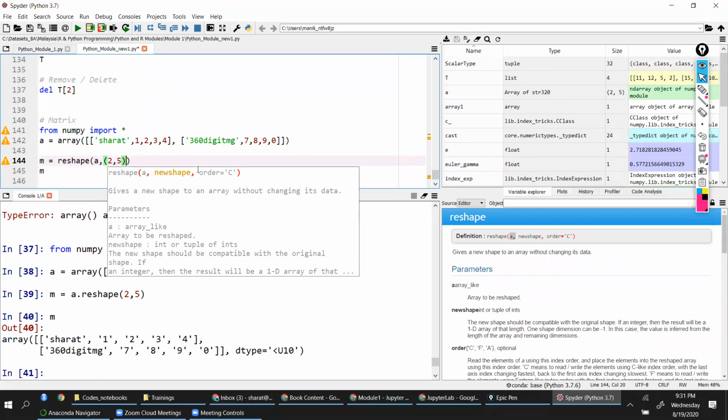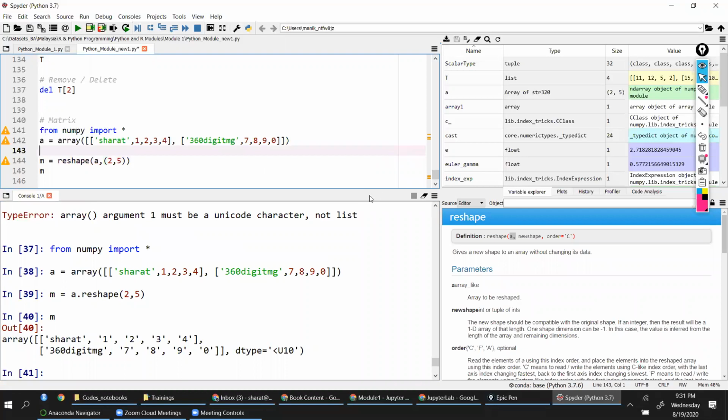See, Python has this challenge. You have to remember so many different syntaxes. Okay, so reshape is a function which is giving a new shape to your data or array. And that shape you are defining here as rows comma columns.